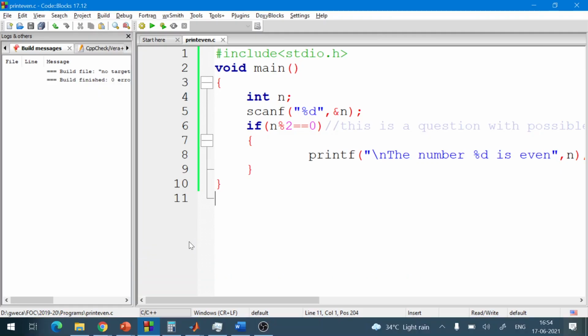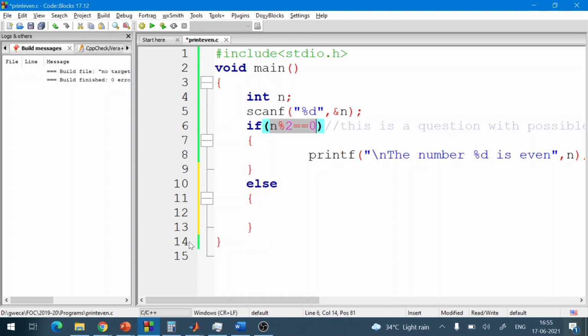Here we have to print both things, if it is even or if it is odd. So we put else. Else is another keyword which is used to deal with the false part of this particular condition.